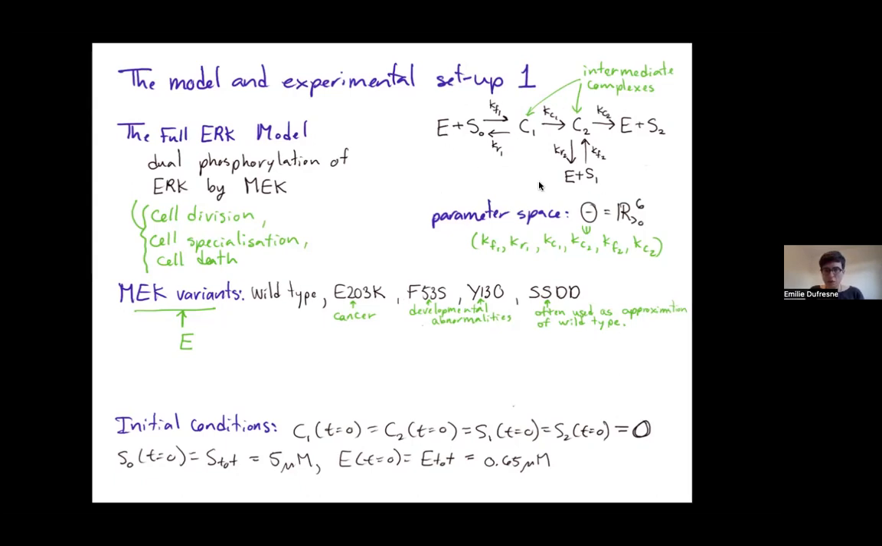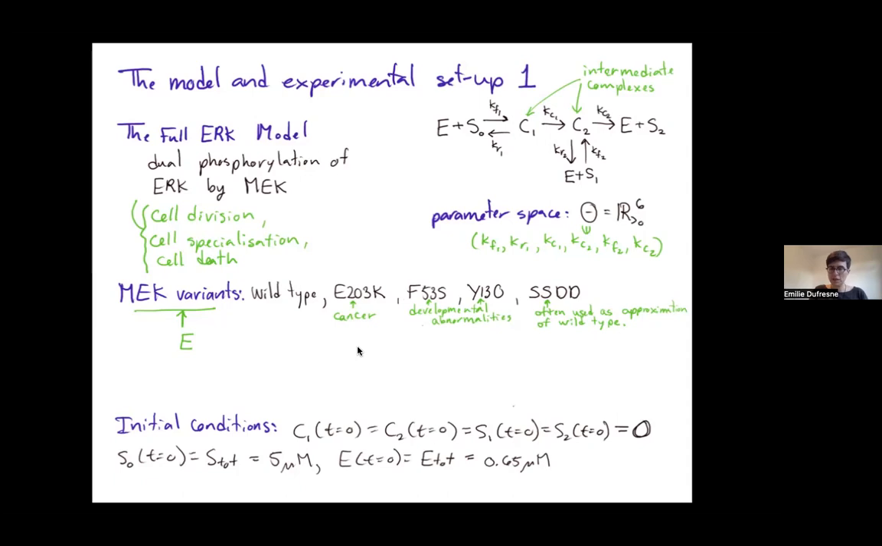Here we have the chemical reaction network, and it involves two main things: the E and the S's. The E is one of the MEK variants, and the S's are ERK. In between, there are two intermediate complexes that are formed and transformed, but which I won't be looking at. My parameter space is going to be just the rate constants of the chemical reactions that I have in my graph. And Jung et al. looked at